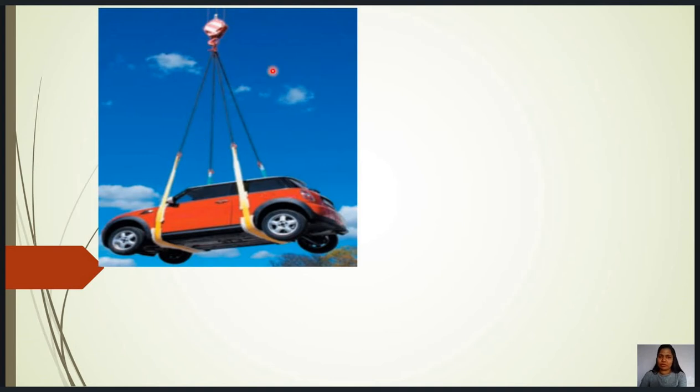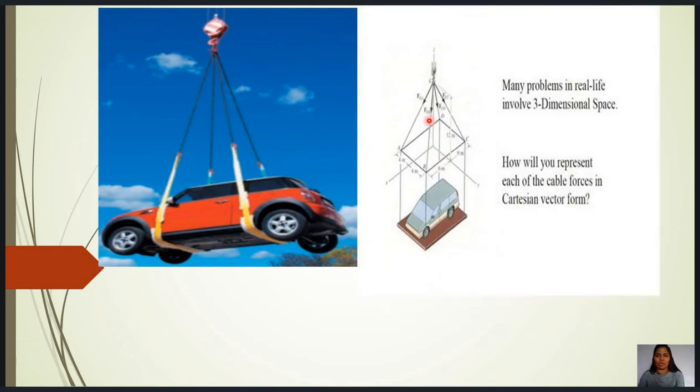When you try to find out the forces in the cable, you must draw the free body diagram. So when you draw the free body diagram, it will look like this. The line of action of all the forces in the cable are meeting at this hook point. So this is a concurrent force system in space. And if you observe the free body diagram, all these forces are in different planes. So this is also called a non-coplanar force system in space.